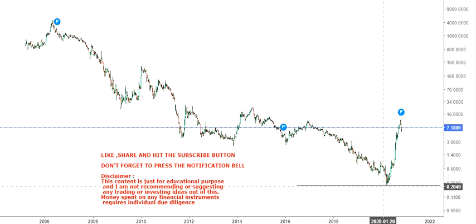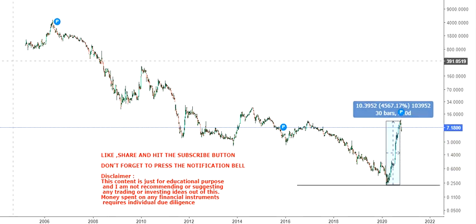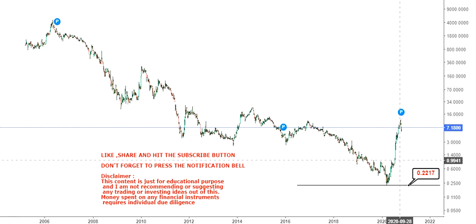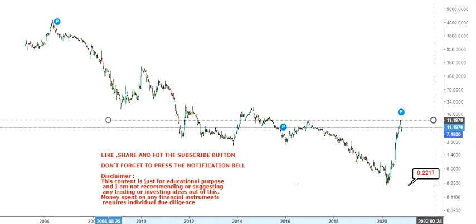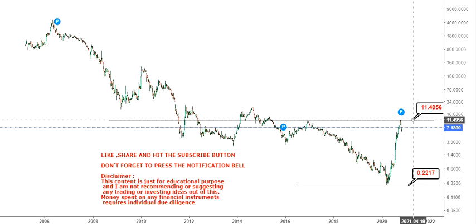As you can see, from the lows of 0.22 it went up by 4500%. So indeed it's a sharp and very big move which the stock has shown in a very short amount of time. And as you can see, the low which the stock has seen is 0.22. Now with this move, the stock has actually moved a long way and hits the resistance level